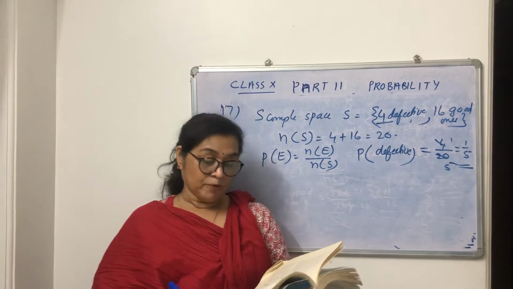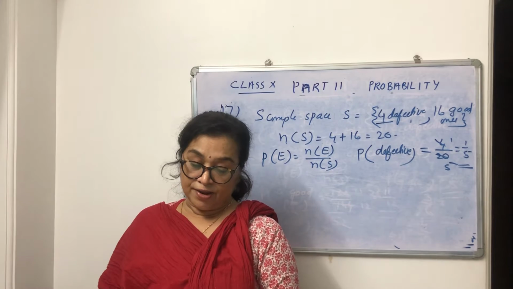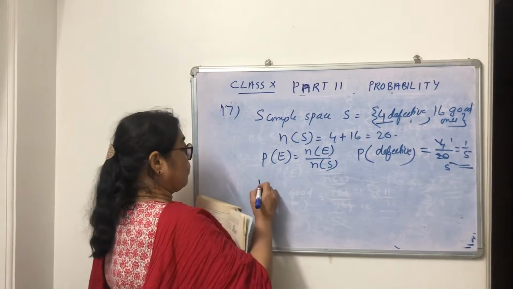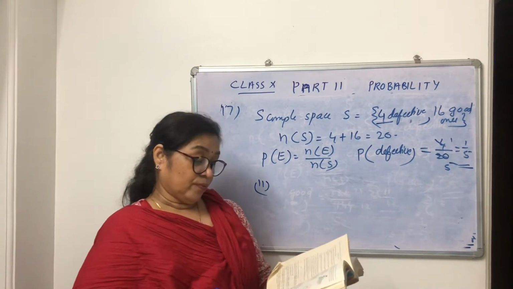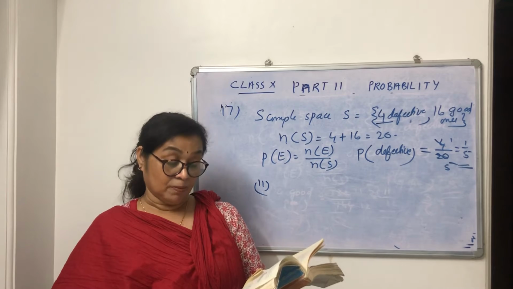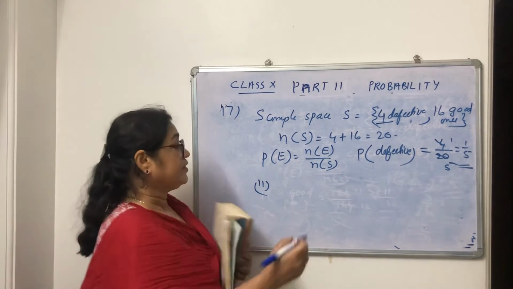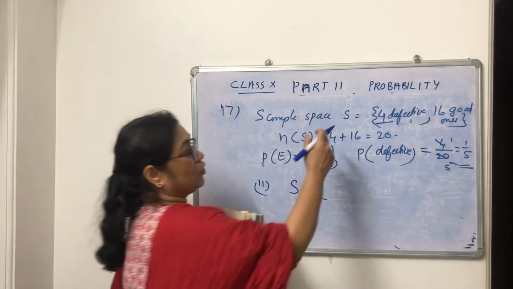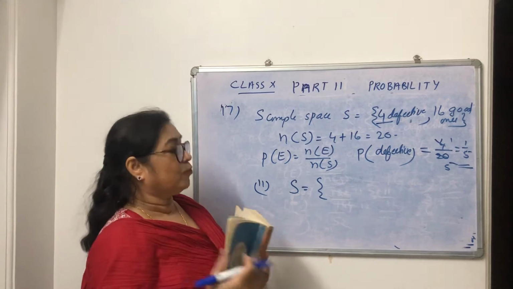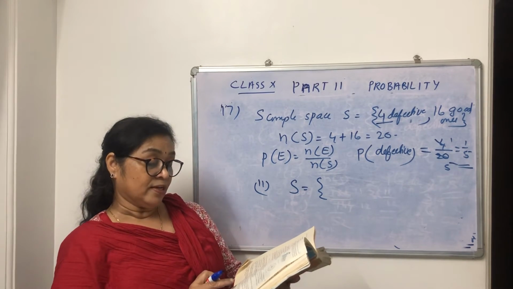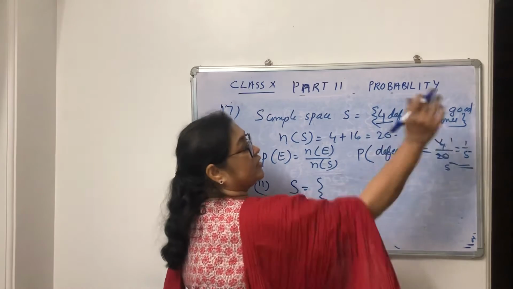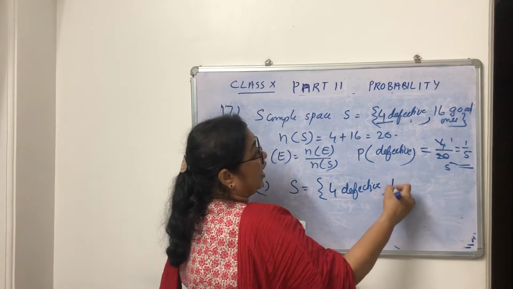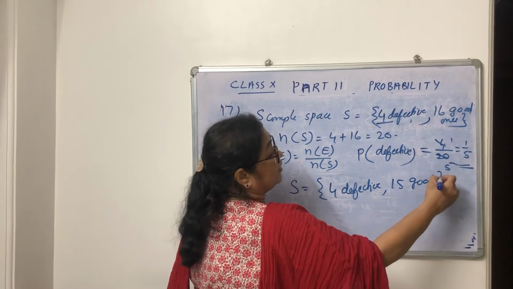Next one. Suppose the bulb drawn is not defective. Second part. So they have removed one bulb. It is not defective. That is, the sample space is not 20, since one bulb is removed. Which bulb is removed? The bulb removed is not defective, that is, a good one is removed. Therefore, in this group it is 4 defective and 15 good ones.